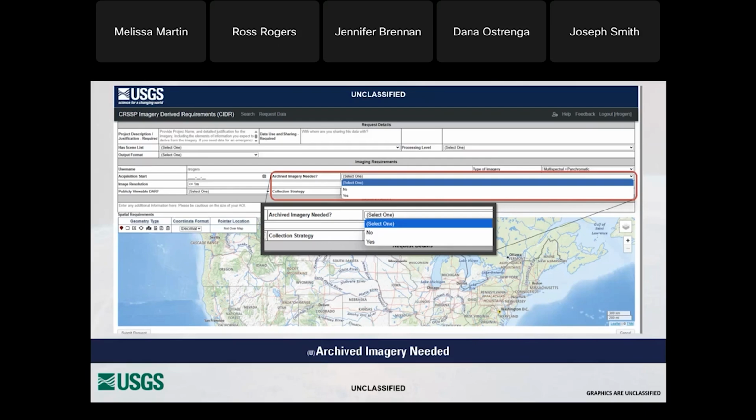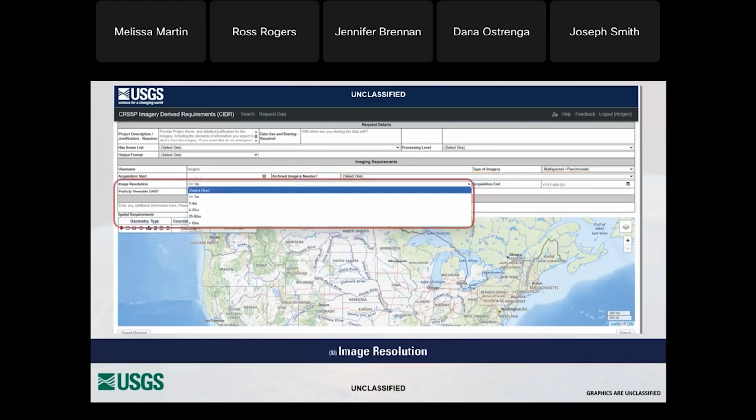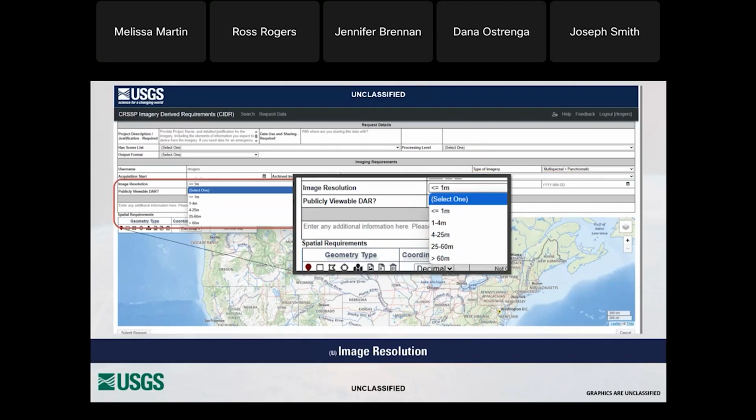For that reason, I strongly encourage users to create a GG Pro account and explore available imagery there before submitting an archive request. The imagery resolution field is another area where advances in commercial space-based remote sensing have simplified the decision for users. For most high-resolution commercial imagery, meter resolution is now the standard. As a result, users can generally select 1 meter for this field without overthinking it. This selection aligns with how the majority of modern commercial systems operate and helps keep the request straightforward during the